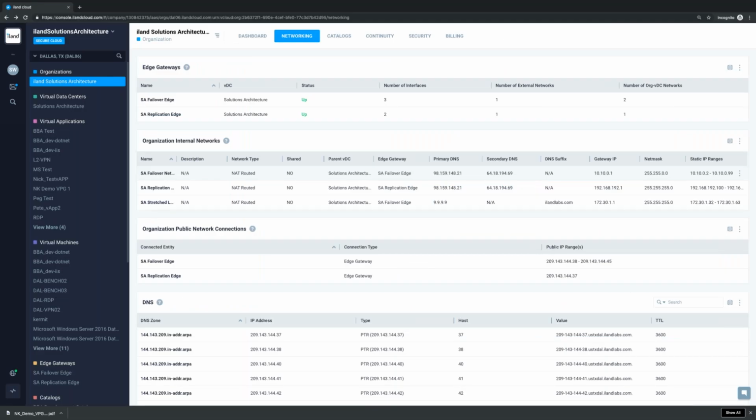Built-in NSX networking is huge. When you start thinking about what you're leveraging on site as far as software-defined networking and NSX stacks and all that stuff, the last thing you want is to have all of that skill set, understanding and knowledge just go away when you start moving to the cloud because they use something different. So by creating NSX gateways and edges and all the stuff like that within your cloud-based DR site,